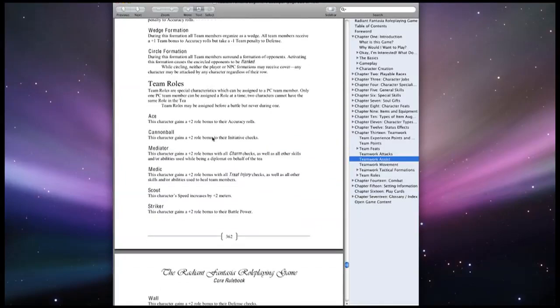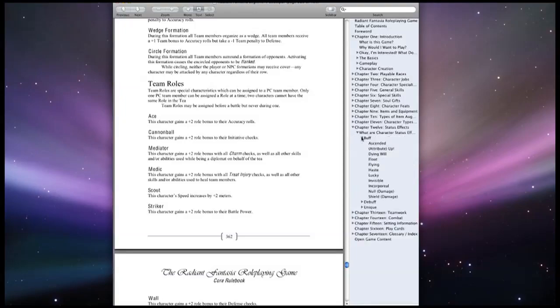So if you have, like, the ace, this character will gain a +2 roll bonus to their accuracy rolls, and there's the mediator who will gain a +2 roll bonus to all his charm checks and other skills while being a diplomat on behalf of the team. So that's some of the major changes in my system. I've also modified some of the status effects. There's a lot more status effects and buffs and stuff like that